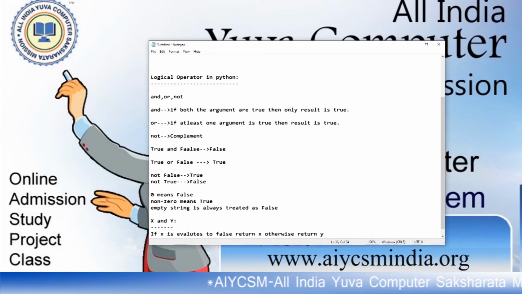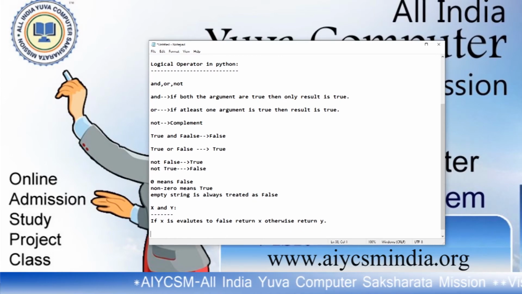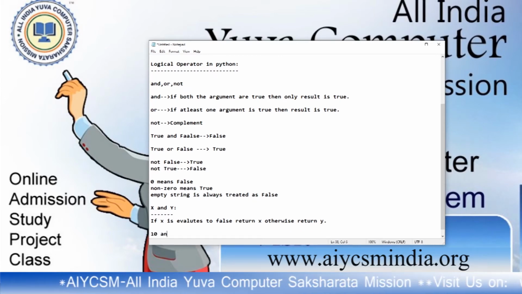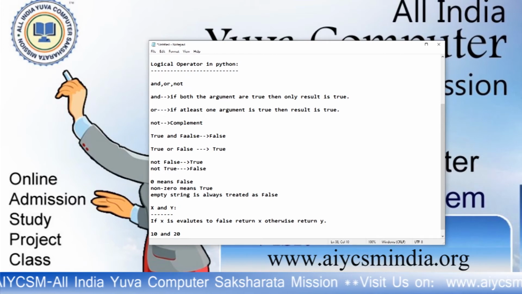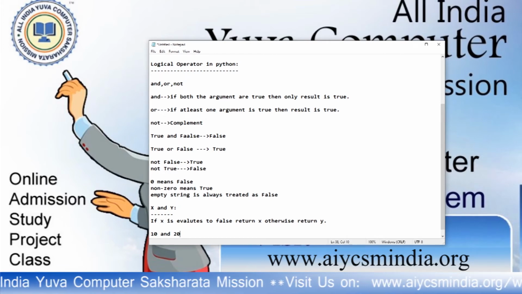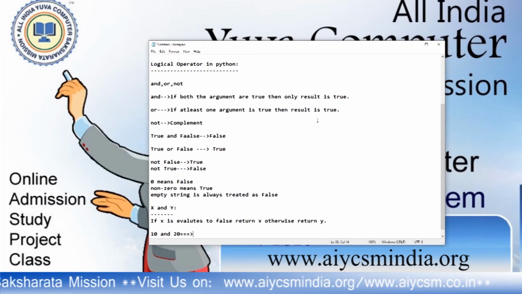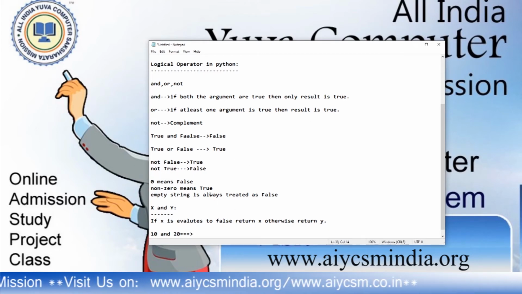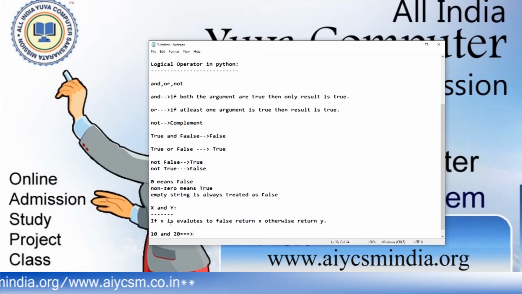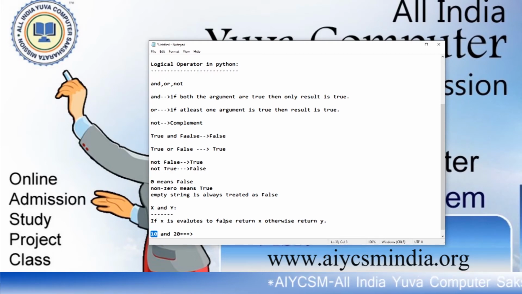It is just like that: 10 and 20. The answer is, because 10 is also a true value, we know that except 0 every value is true. 10 is a true value and 20 is also a true value. What if x evaluates false? This is the x value and this is the y value. If x value is false, return x.